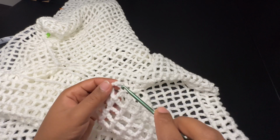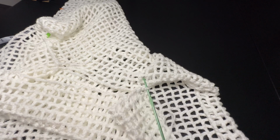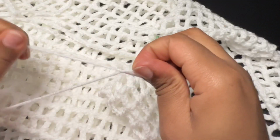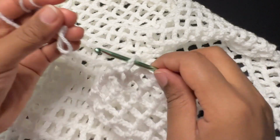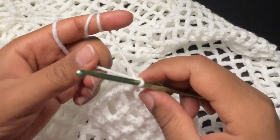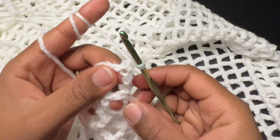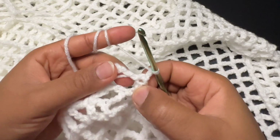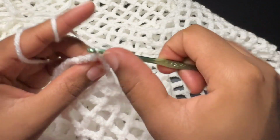So I'm going to insert my hook right here in the chain, then make a slip knot, attach my yarn, and I'm going to start making my single crochets. So chain 2, and in this first space that you have, you're going to make 2 single crochets,